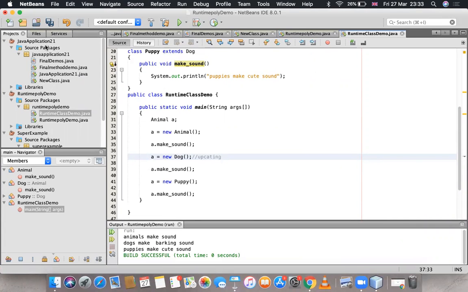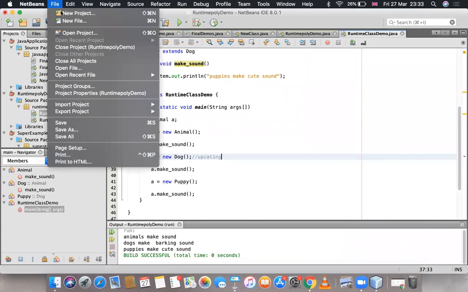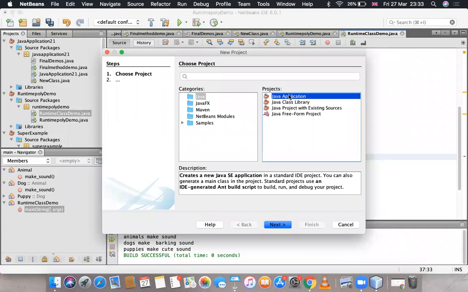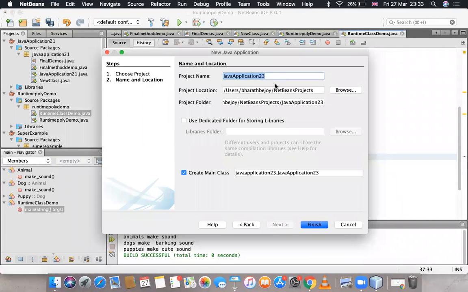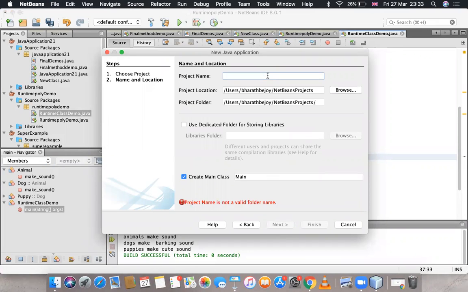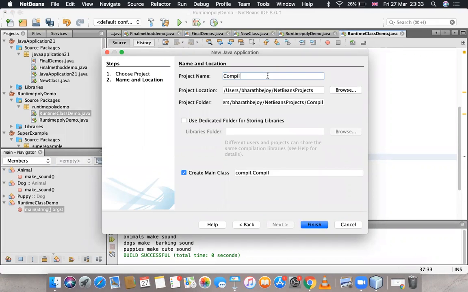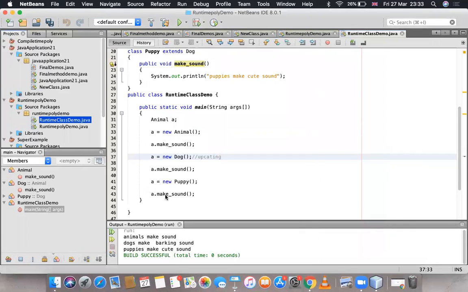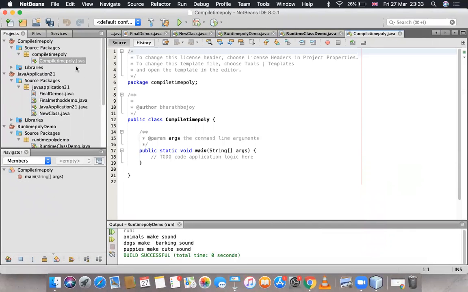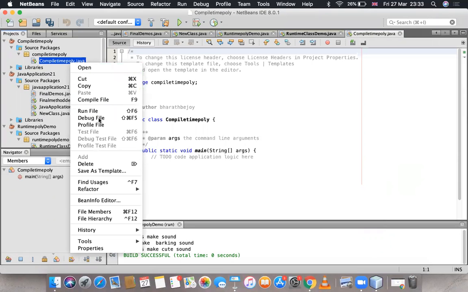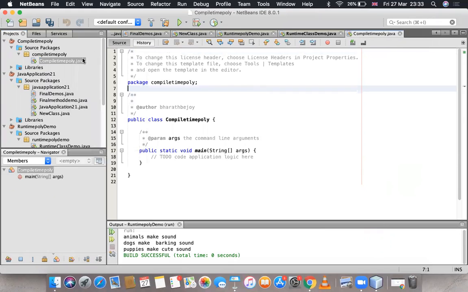Fine. Let me create a new project, compile time poly. Under this, let me create a new class. Compile time poly class is already there.